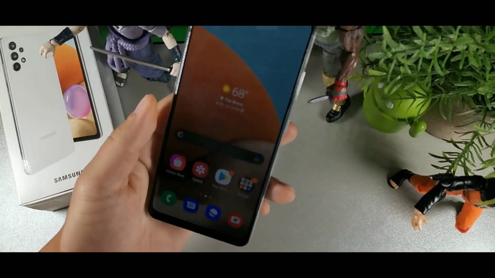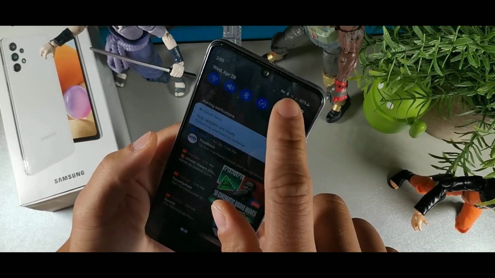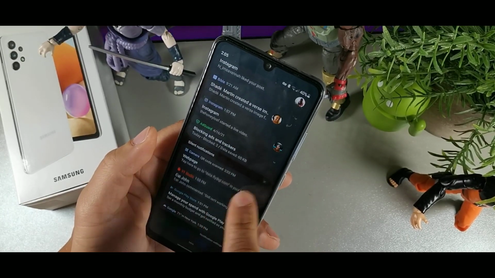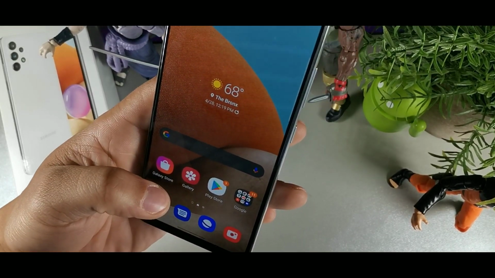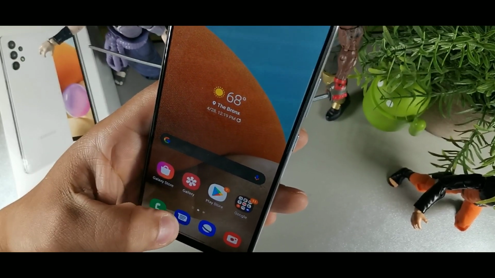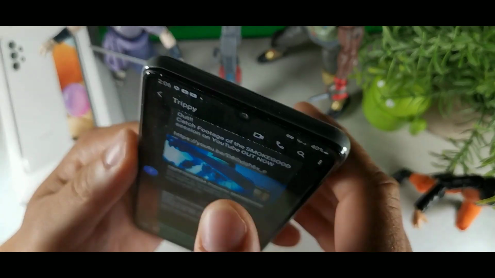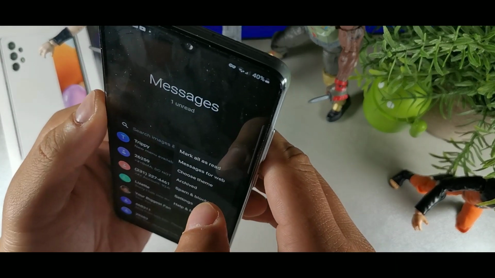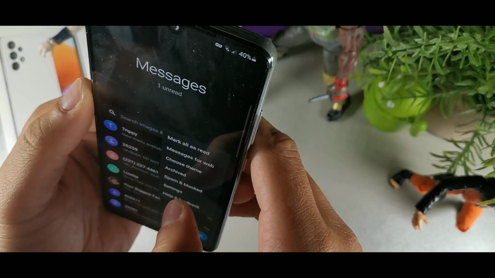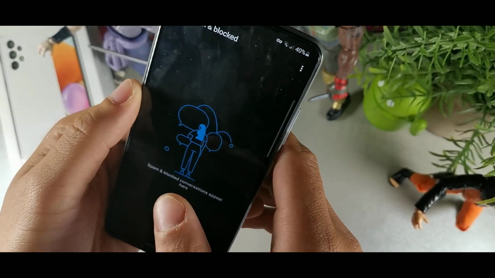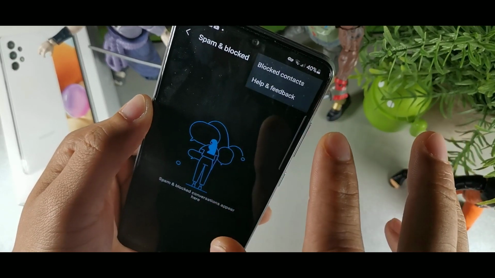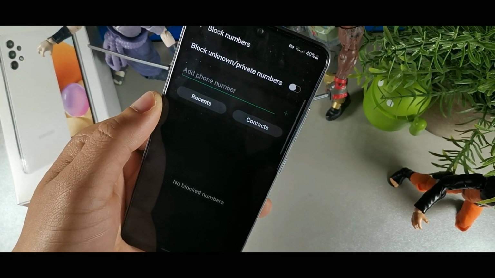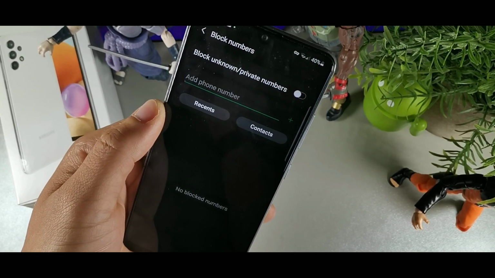Now another thing I recommend doing is going into your messages, and if you are getting a number that keeps popping up randomly, what you can do is block it. So you basically got to go into your messages. And what you'll do is when you get into messages, you'll hit the 3 dots and you'll choose blocked and spam right here. And there's 3 more dots at the top. So you can just block content. When you hit that, then this is where you would go ahead and add the number